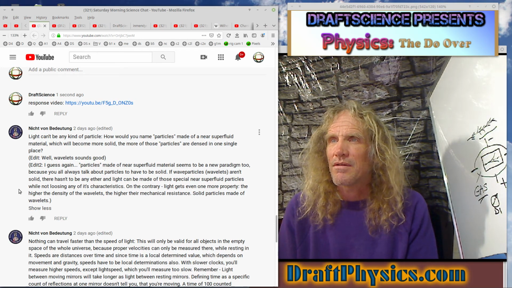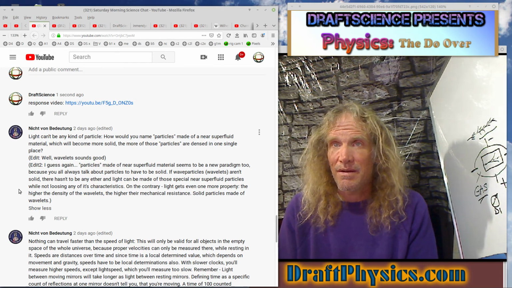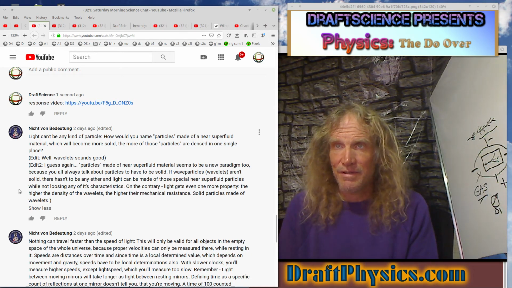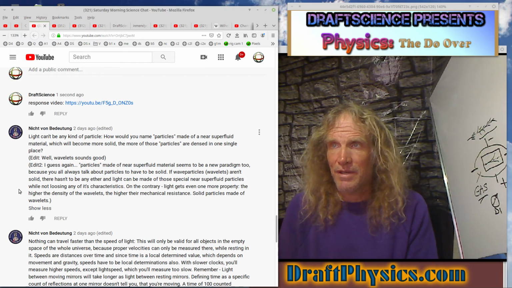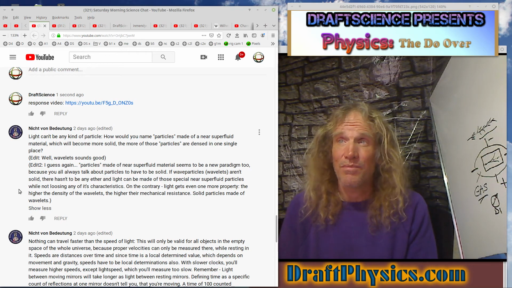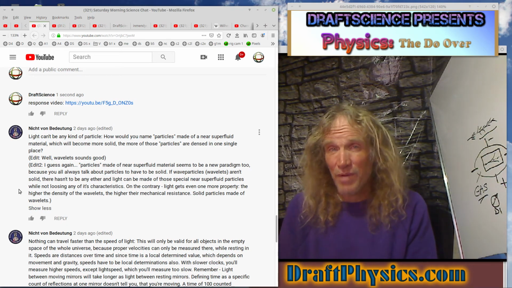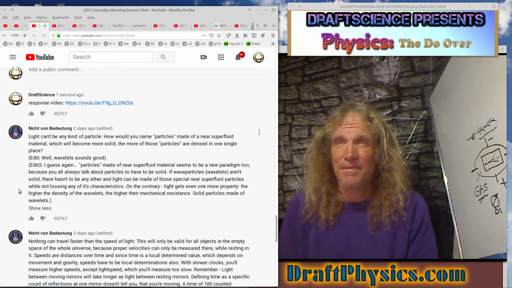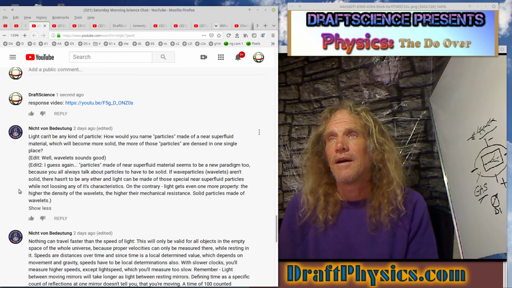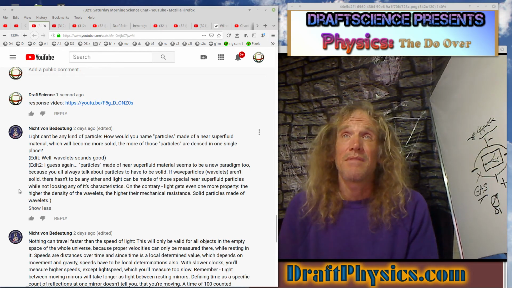If wave particle wavelets aren't solid, there doesn't have to be any ether, and light can be made of those special near superfluid particles while not losing any of the characteristics. On the contrary, light gets even more property the higher the density of the wavelets and the higher the mechanical resistance. Solid particles made of wavelets? I mean, so what's the point? Particles made out of waves. It's just pointless nonsense. I'll just add,